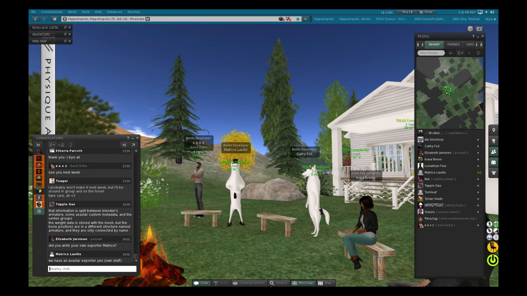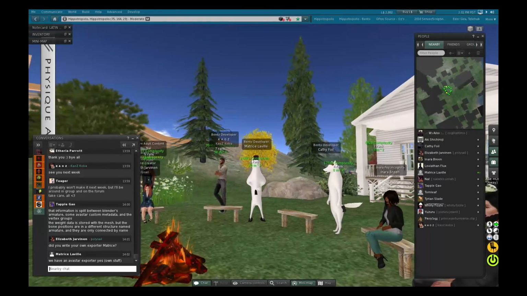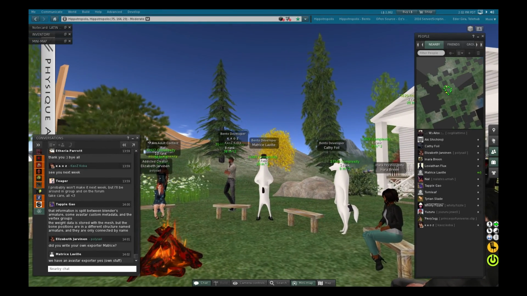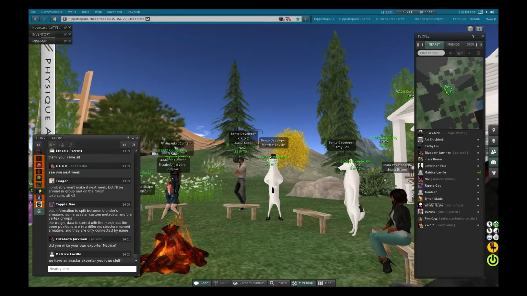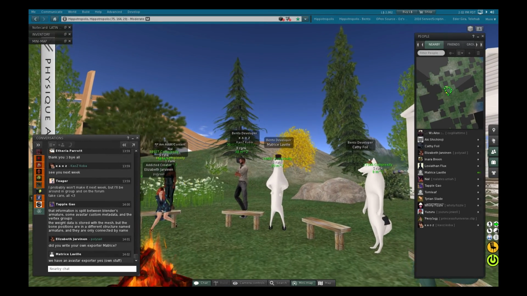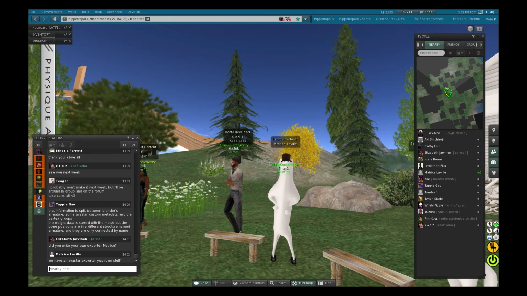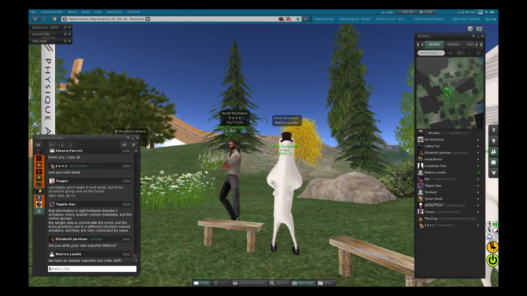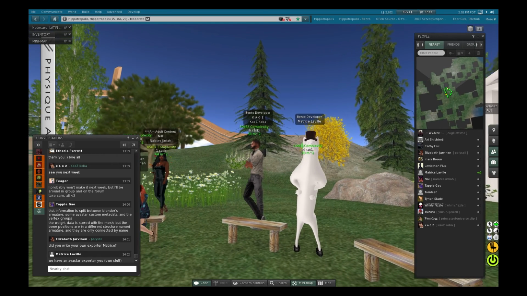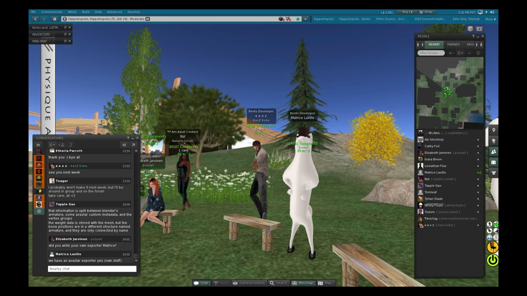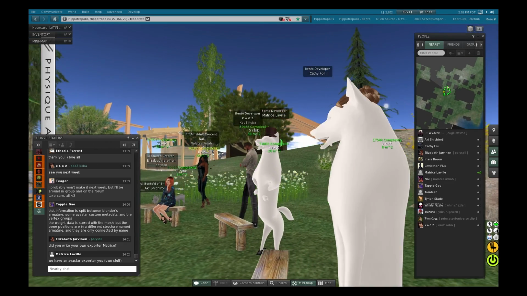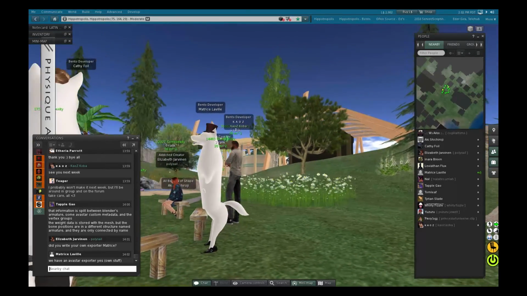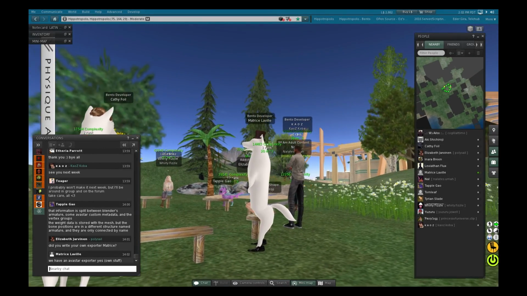I'd like to answer to Polysale. We decided a long time ago that we wanted to create our own Collada exporter because we wanted to keep the rig in the orientation of Blender, so arms pointing along the x-axis, while the export to Second Life needs the arms pointing along the y-axis.